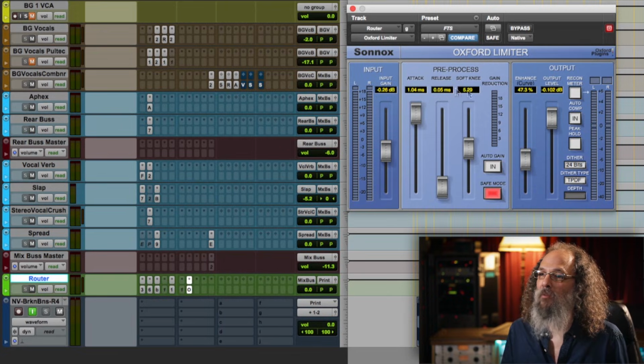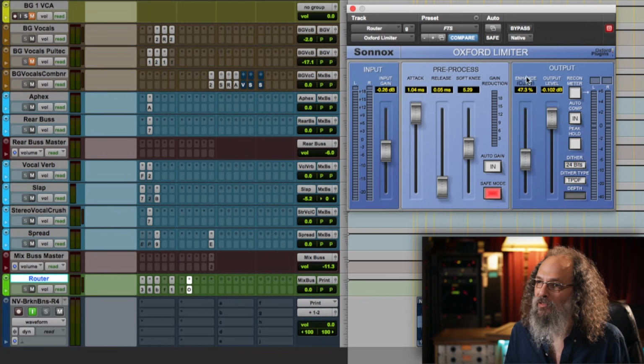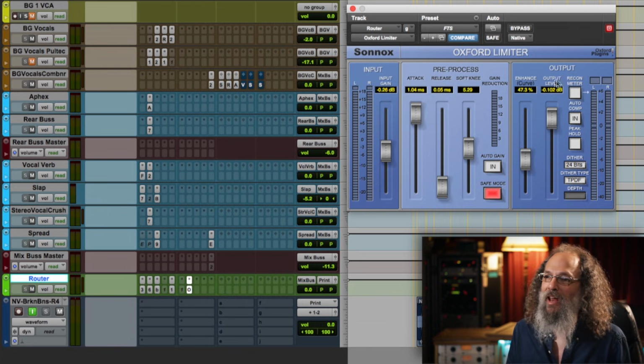The other thing, other than it's the slowest attack, fastest release, I've got auto gain off, auto comp off. So it's exactly what I give it. It just does the amount of limiting it needs to do to keep it at 0.1 dB below clipping. And then the last part of this, the Oxford Limiter, as opposed to, I can't remember what they call just their basic limiter, this has the inflator circuit in it, just the enhanced fader. So I've got a little bit of enhancement going on too.